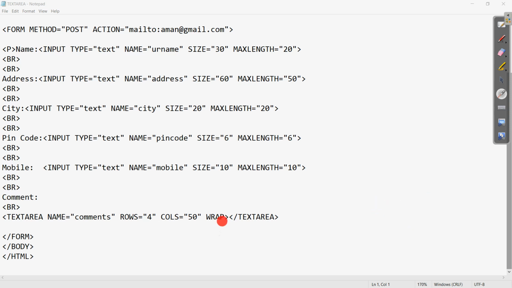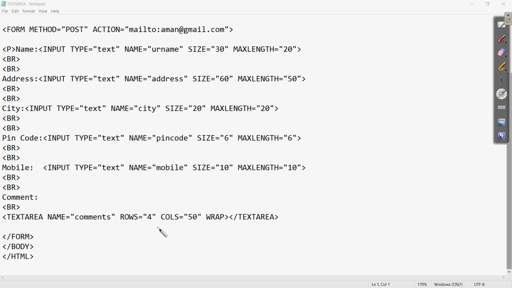And wrap, which we were talking about, is used so that the text is wrapped automatically in the text area when something is written. Then as it is a container tag, we need to close it with the forward slash, and after this all of these tags are closed.